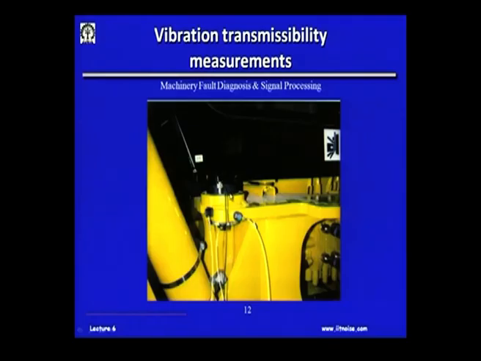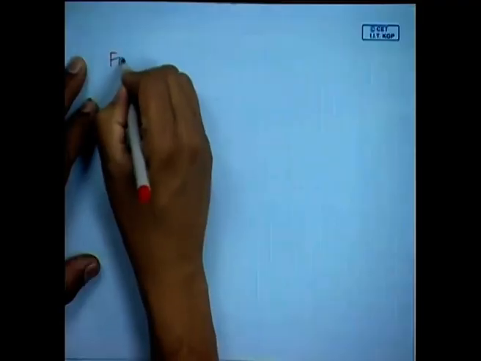So, the effectiveness of this isolator or the vibration transmissibility can be checked by seeing the ratio of these, or the difference between these two levels, and if this difference is large, then this isolator is doing a good job. So, this is how the isolators are actually evaluated, and then we can also design what kind of isolators is to be taken in. And if you look at the force transmissibility curve,